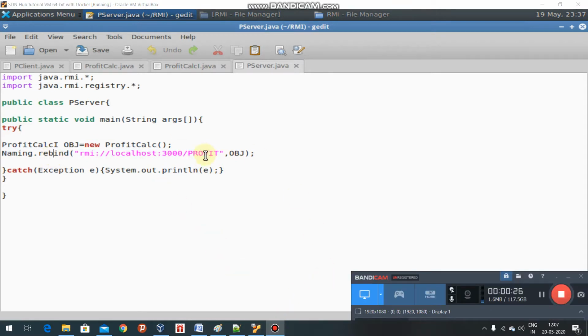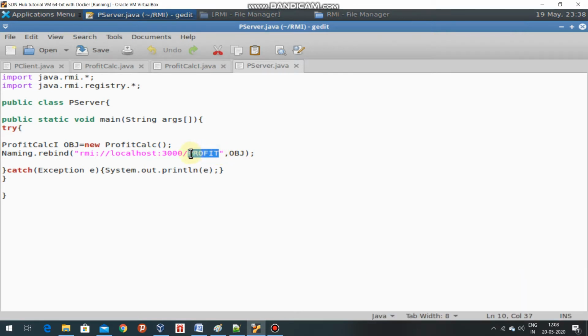So as a client, I don't know which objects are created in the server machine or server programs. So I go for a global name that I know. I have to calculate the profit, and I need the result from the server that will give me the profit. So we maintain a table of the objects created in the server machine, and we give each a relevant name that the client also knows. These names, or captions, are called global names, known by both client and server.